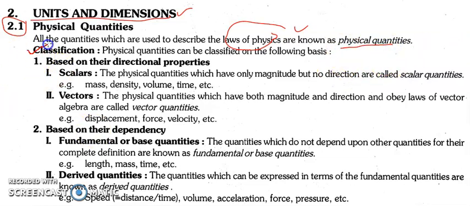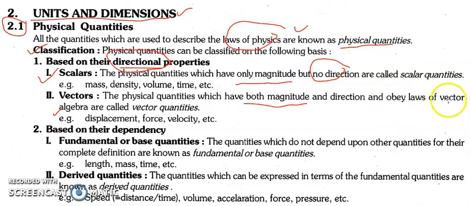They can be classified as follows. First classification is based on their directional properties. Now we know that based on their directional properties, the physical quantities can be defined in two ways. First is the scalars. Scalars are those physical quantities which have only magnitude but no direction. And vectors are the physical quantities which have both magnitude as well as direction and obeys the laws of vector